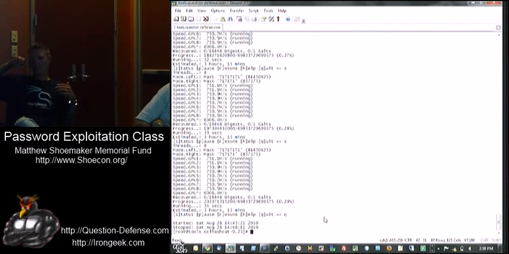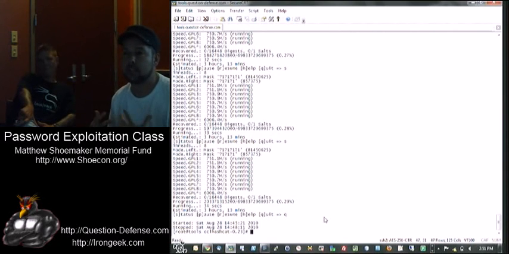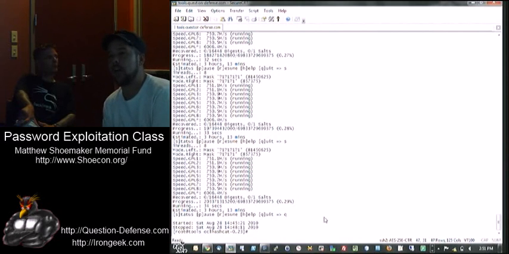Is it really a salt if it's a common salt? No, what he's saying is you might have one salt for 1,000 passwords in one scenario, but you may also have 1,000 passwords with 1,000 salts, and you don't even know how they match. So Hashcat will allow you to take all the hashes and put them in one file, and 1,000 different salts and put them in one file, and it will try every combination on every hash and every salt until you come up with a match. It makes the number of combinations infinitely bigger. However, there's scenarios where that could happen.